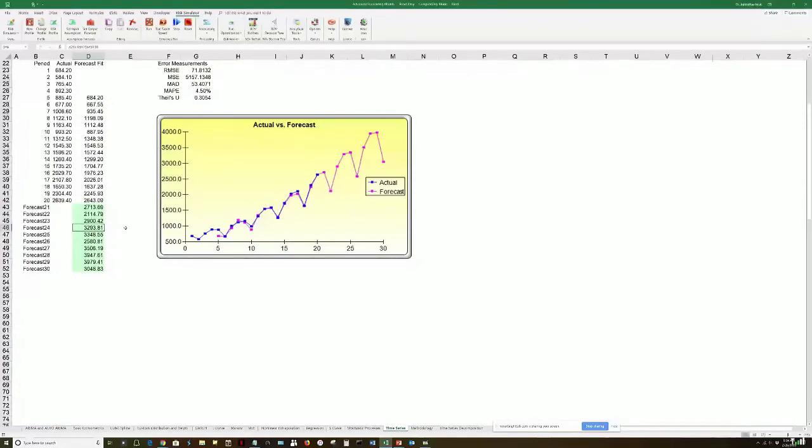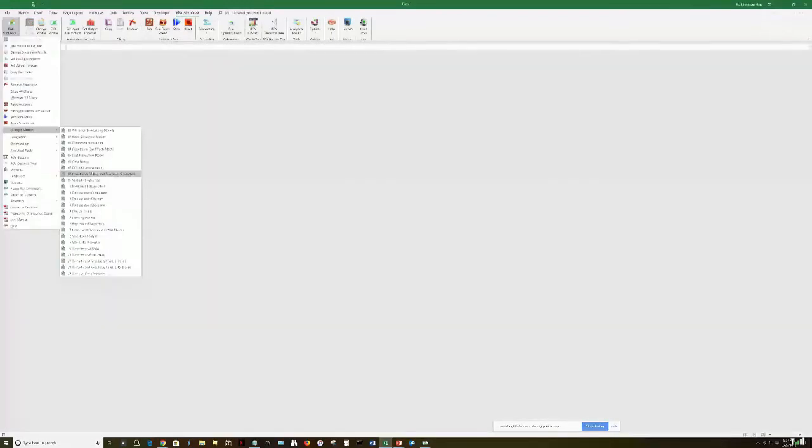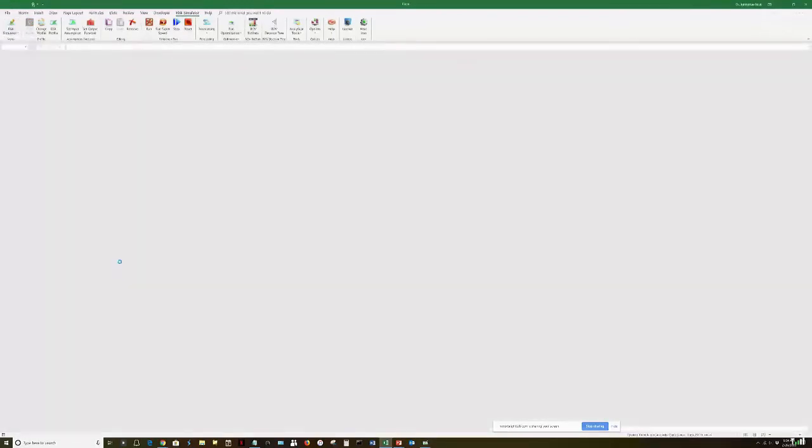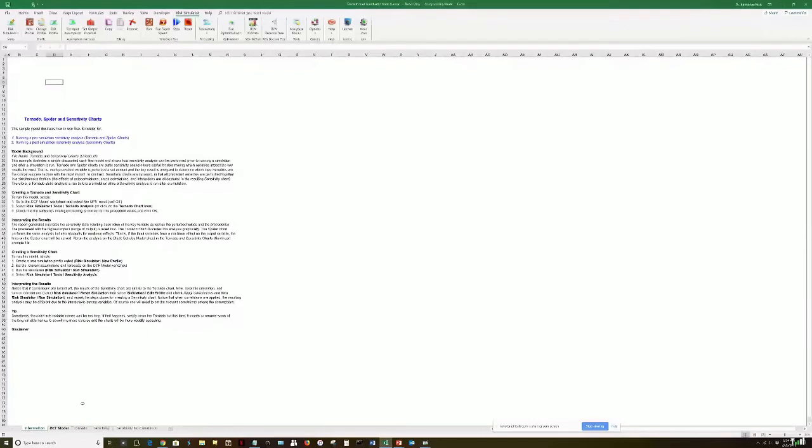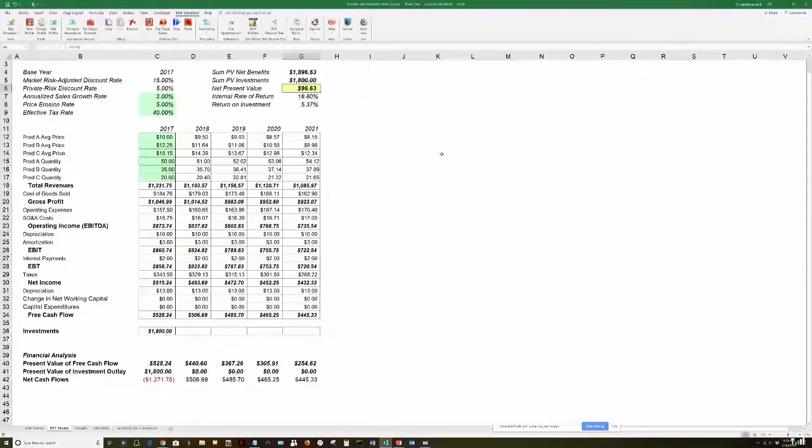So we can do forecasting on here. We can do a lot of different quantitative analytics, like sensitivity analysis, for example. Let me open up a simple model here. This is a cash flow model. It could be any type of model. Again, 1 + 1 = 2 is a model. So you can have the world's most basic model, you can have the world's most advanced methodology that you calculate. It really doesn't matter. Methodologies apply similarly.